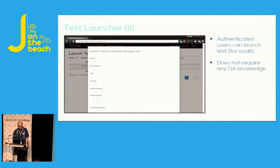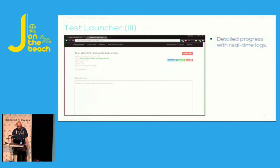When you click in, you can request an arbitrary test, as you can see there. You will have a phase and environment, and basically that's it. You just select the product, which environment you want, and which kind of test you want to run. If you want to run smoke, regression, or anything else, you launch the test, and that's it. You don't need any knowledge about QA. In the end, it's going to give you the progress. You can see that one is downloading the source code and then running Maven integration tests,